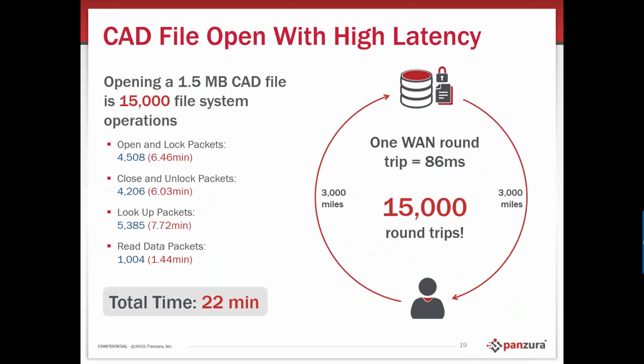This is actually a real customer example. We did Wireshark captures. We captured the packets, and we noticed that just to open them, it was taking 4,000 plus open requests, and then the same thing for closing the files. And it's going back and forth with a 43 millisecond latency time. Double that is 86 milliseconds. For this one file to be opened, closed, and changed, it took 22 minutes, which is just unheard of, but